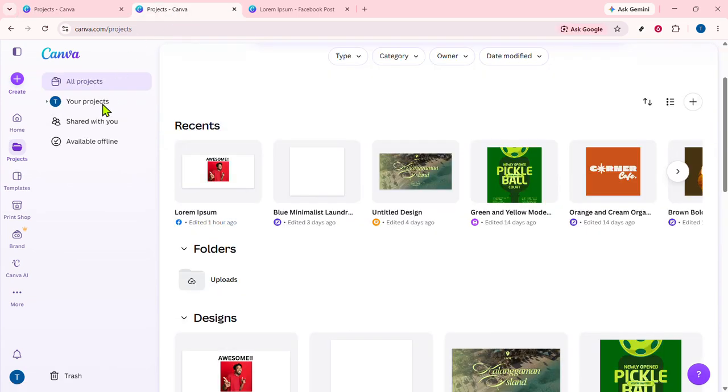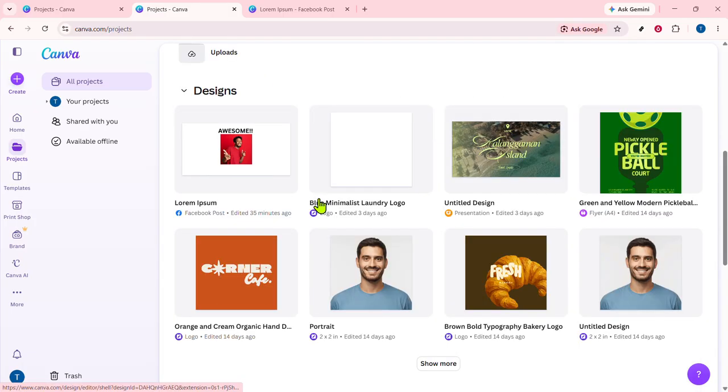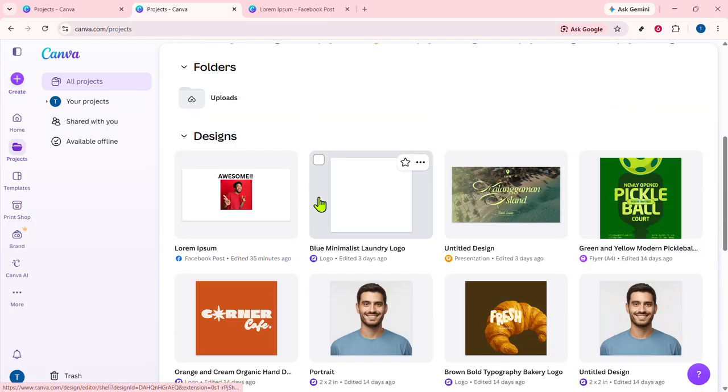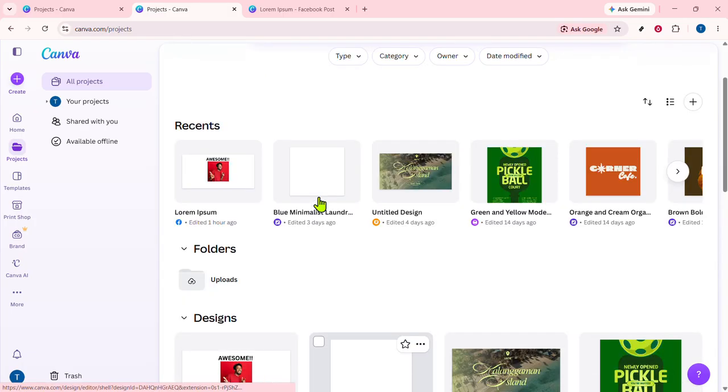Once you open Projects, you'll see different types of content available in this area. This may include recent projects, folders, designs, and possibly other saved items depending on your account and activity. Take a moment to look through this page so you can understand how Canva groups your content. This is useful because folders can help you keep related designs in one place, making your workspace much more organized